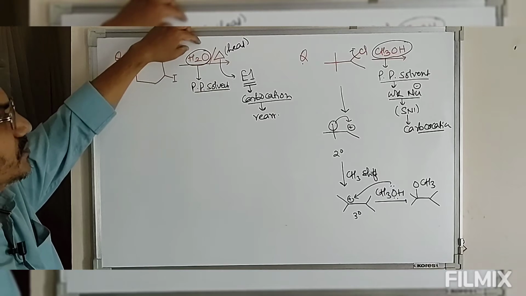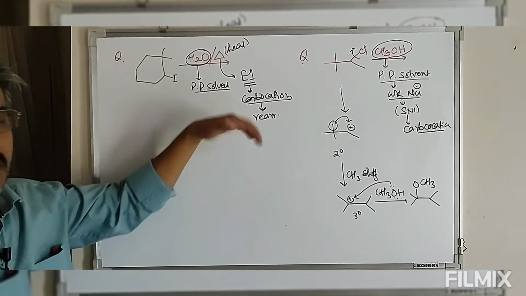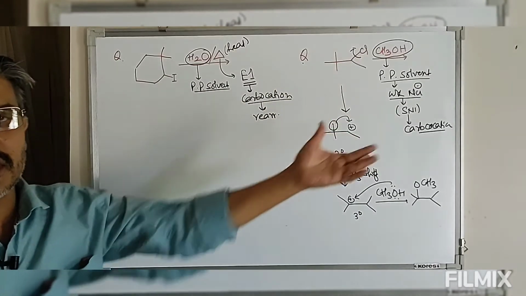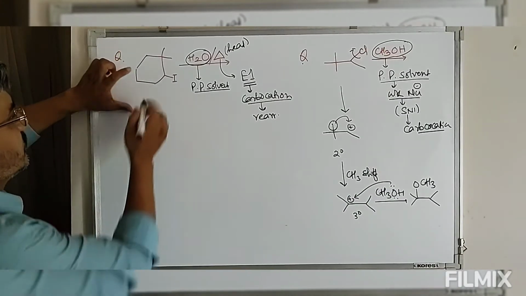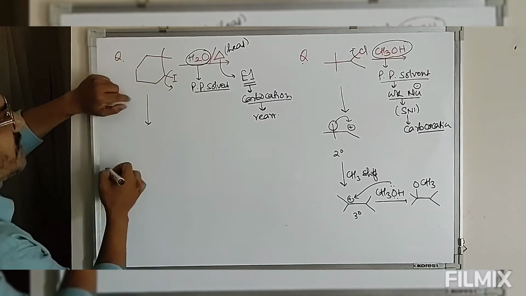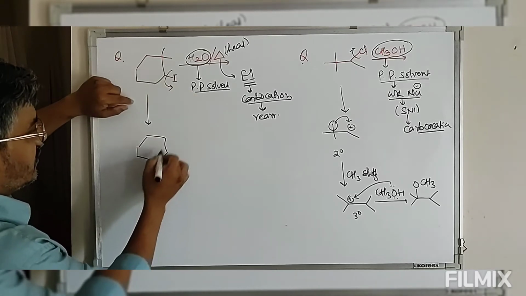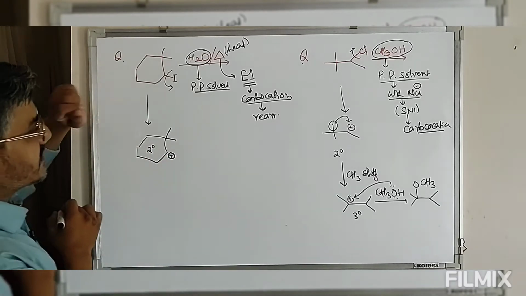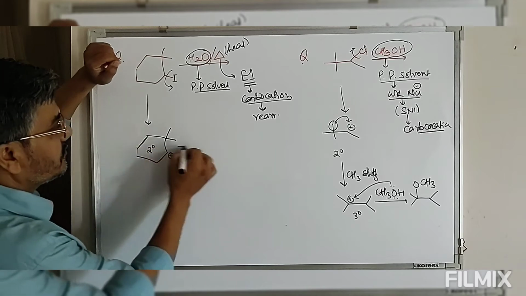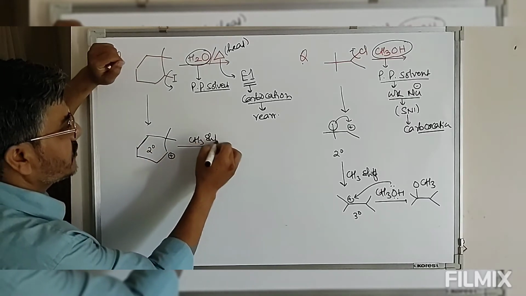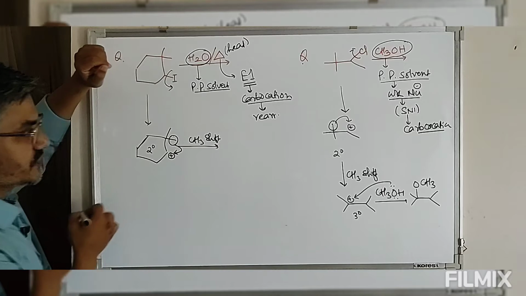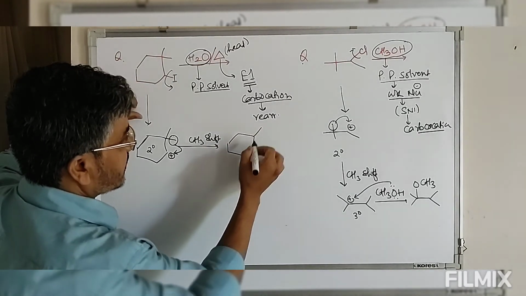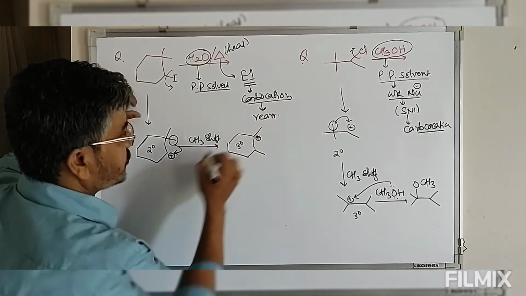In both cases we are having a polar protic solvent. Polar protic solvent, low temperature: substitution. Polar protic solvent, high temperature: unimolecular elimination. Now this first undergoes elimination of I minus, which gives you a secondary carbocation. This secondary carbocation can undergo rearrangement by methyl shift. So this methyl undergoes shifting, and by this methyl shift the secondary is converted into tertiary.